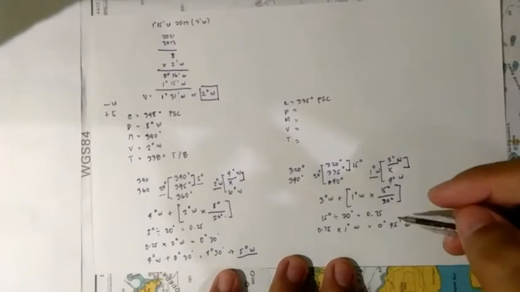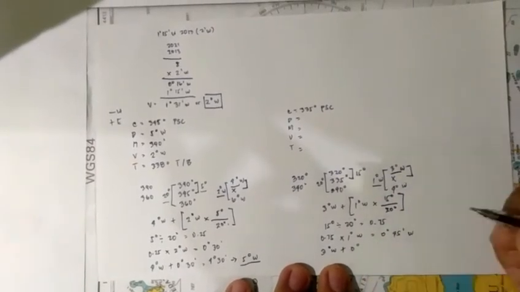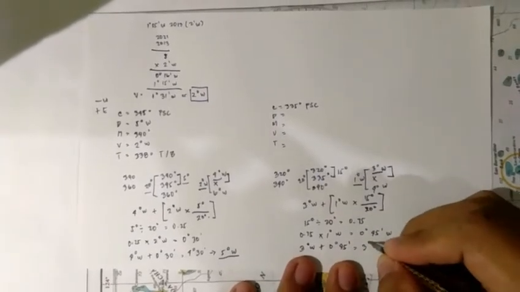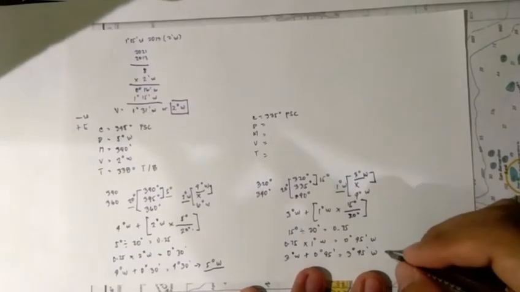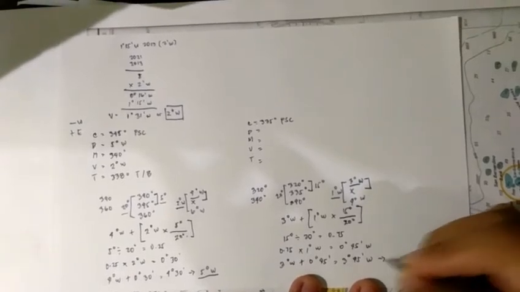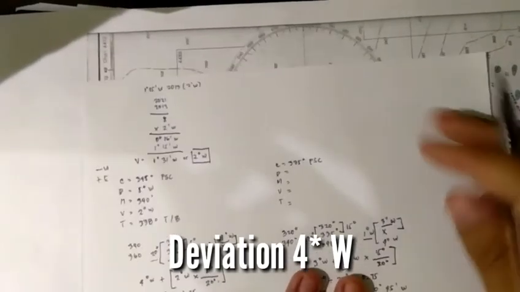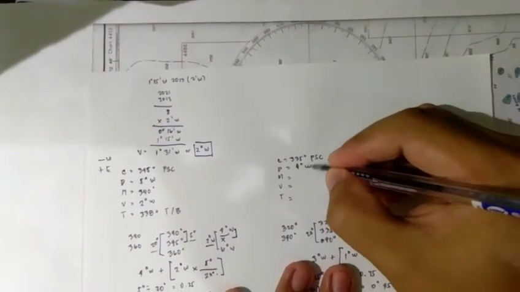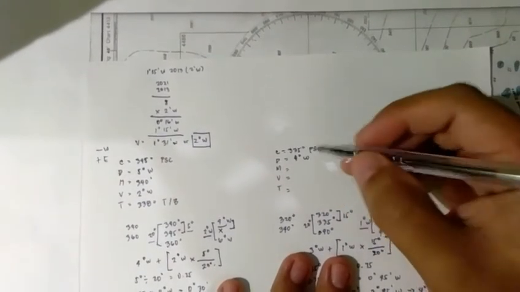And lastly, we'll add 3 degrees west and 0 degrees 45 minutes, so we will get 3 degrees and 45 minutes west, or round it off, and we will get 4 degrees west. So we will use this deviation in order to get our true course. So 4 degrees west, and in order to find our magnetic heading,